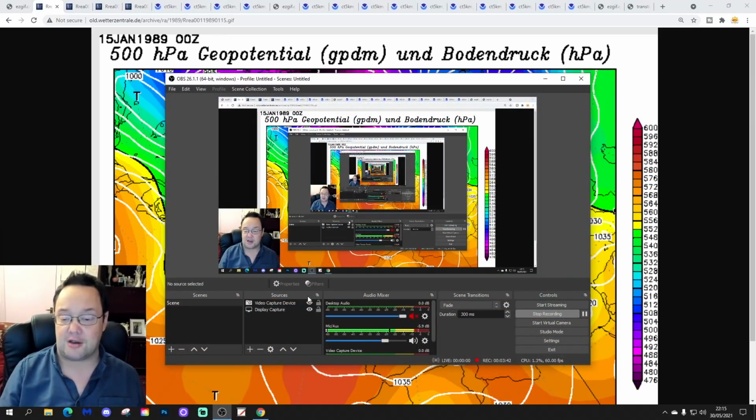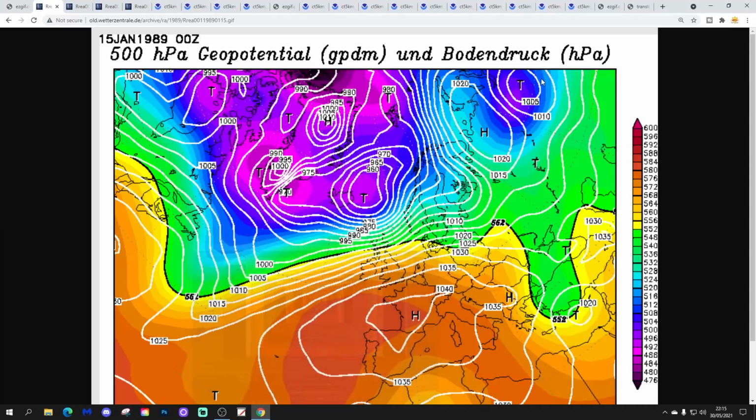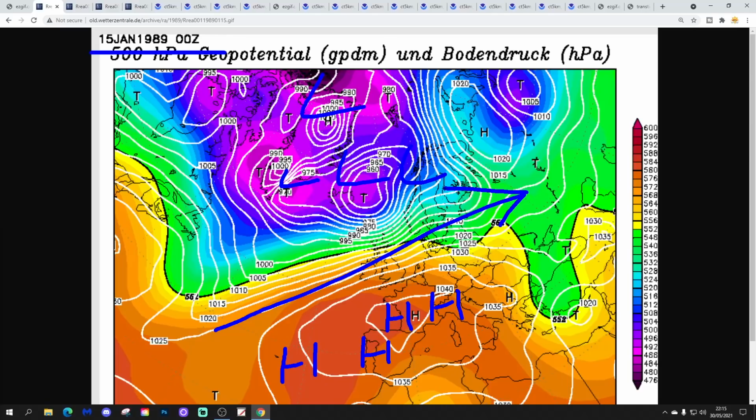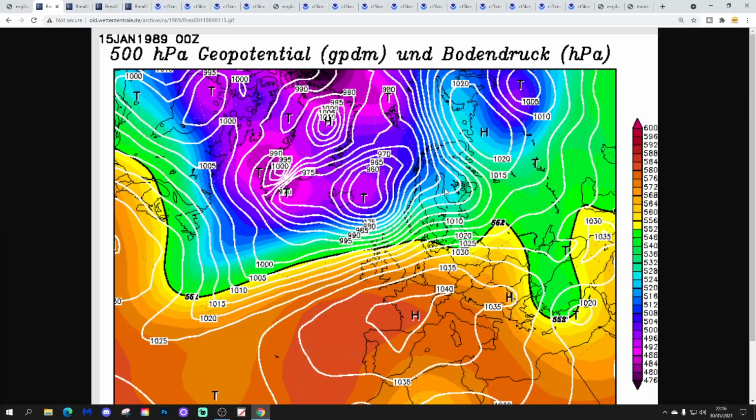Right, okay, so I'm going to explain then what a positive and negative NAO is. So this is what a positive NAO looks like. This is from Wetterzentrale's archive. This is from the 15th of January, 1989. Big old area of high pressure around France and going down to Spain and backing into the Azores. Low pressure is around Greenland and Iceland, and in come the southwesterly winds. That's a very mild Atlantic-driven west-southwesterly setup. And it's from an exceptionally mild winter for 1988-1989. In fact, it's a perfect example of a positive